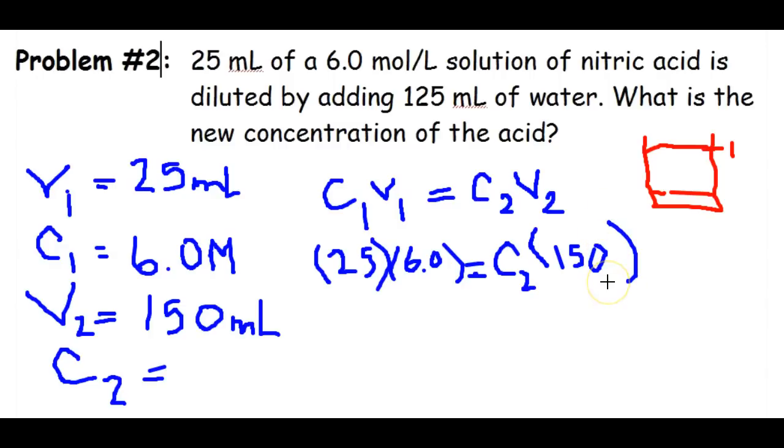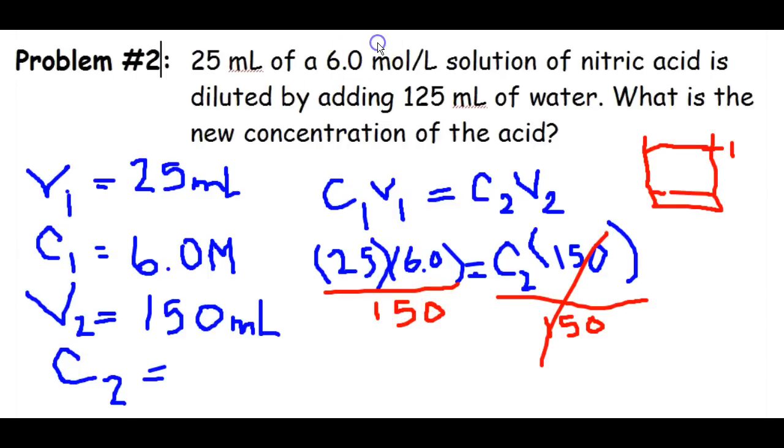So I'm going to solve by isolating C2 again by dividing out its coefficient. Divide by 150. That will cancel out those. They get divided out. Whatever I do to one side of my equation, I'm going to do to the other. And so either using my calculator or using mental math, 25 times 6 gives me 150. Divided by itself gives me 1. I'm going to look at sig figs. I know I need 2 significant digits here. And so that tells me that the resulting concentration after dilution is not just 1 mole per liter, but 1.0